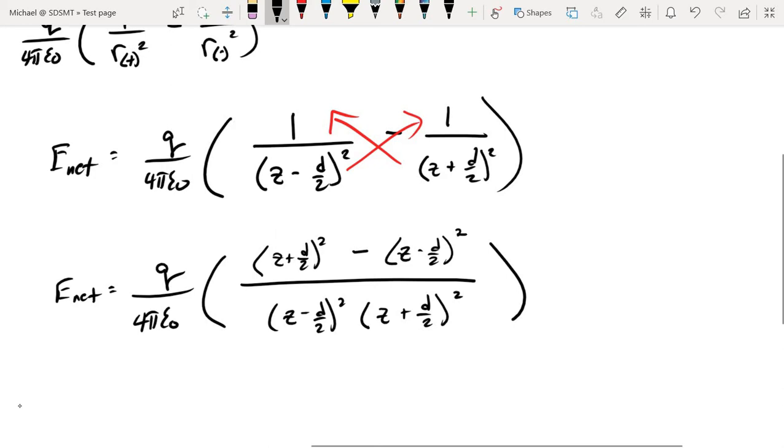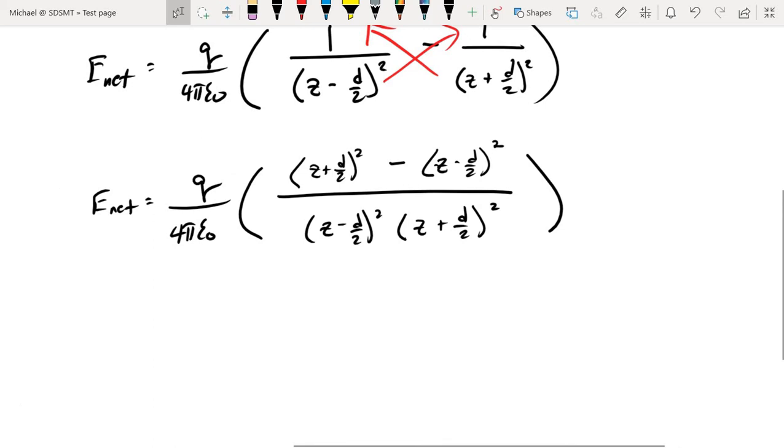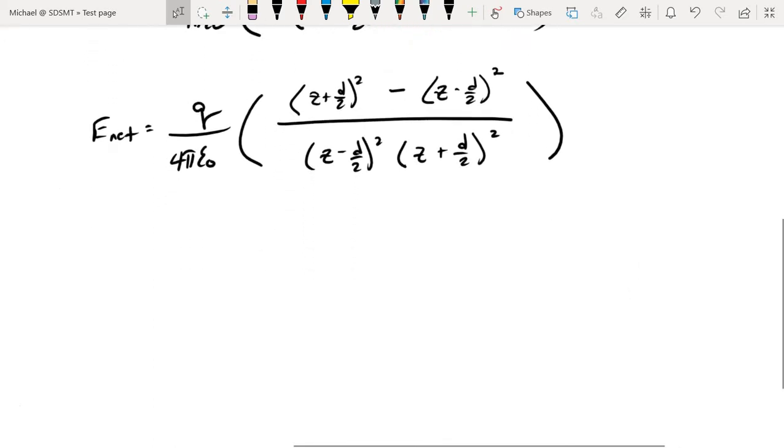And you're probably thinking at this point, this is starting to turn into an algebraic nightmare, and to an extent I would agree. But now this is technically the answer. This is the net field expression. We just need to take a little bit of time to see if we can break this down into something